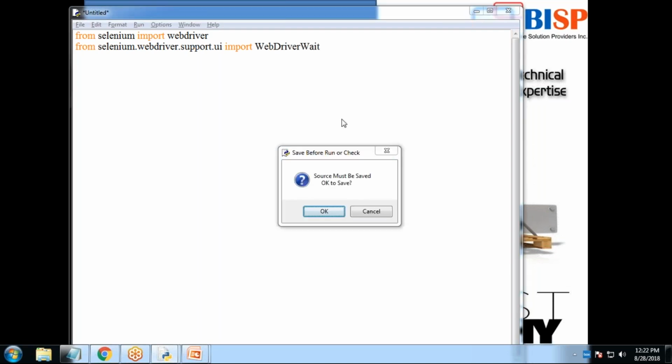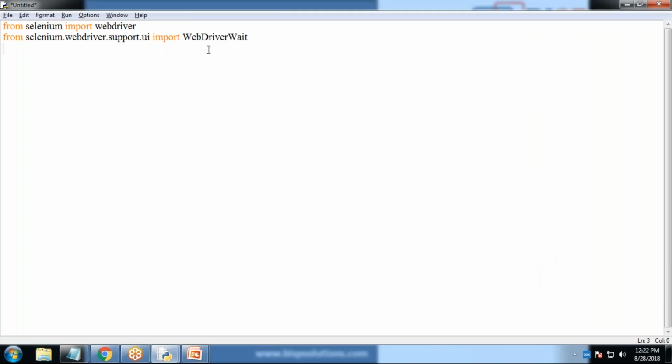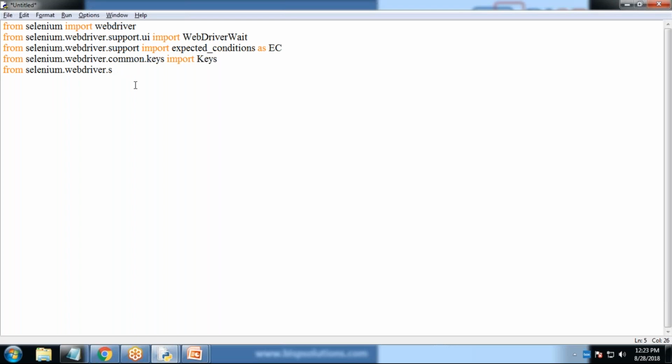WebDriverWait. Let me add a couple of libraries. From selenium.webdriver.support import expected_conditions as EC, from selenium.webdriver.common.keys import Keys. Keys is used to identify, for example in WhatsApp, the key we are going to press. Then from selenium.webdriver.common.by import By,